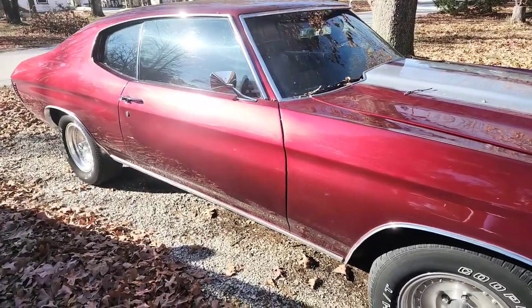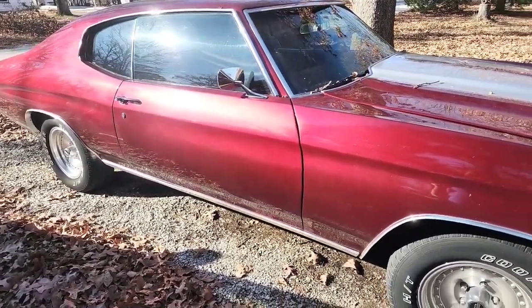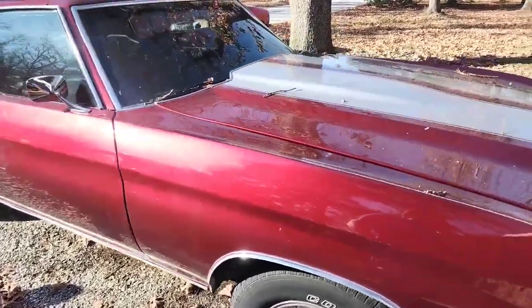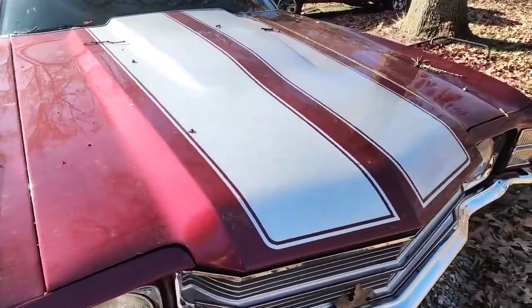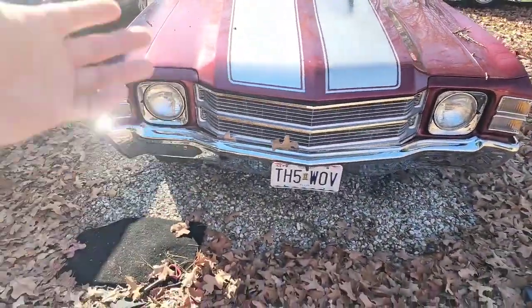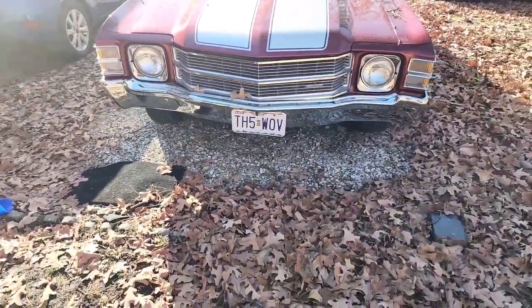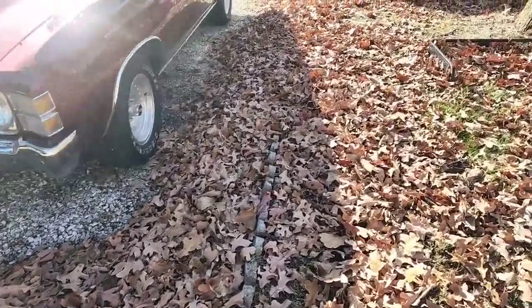I'm going to look at a 400 block today and see if I want to put a 400 small block in it, or if I want to use the 350 and do a 383 stroker. I think both would be kind of cool. 400 small blocks, more cubic inches. I want to get to 600 wheel. In order to get to 600 wheel, I think I'd probably need to go with the 400, unless I can